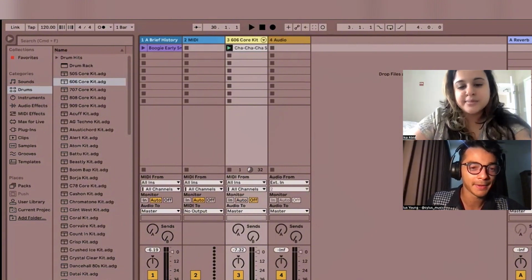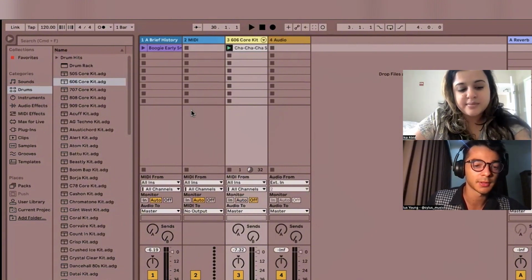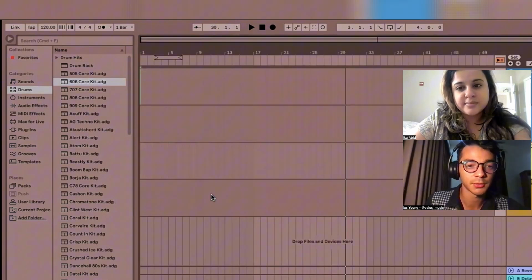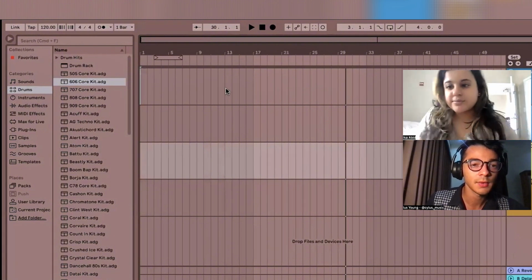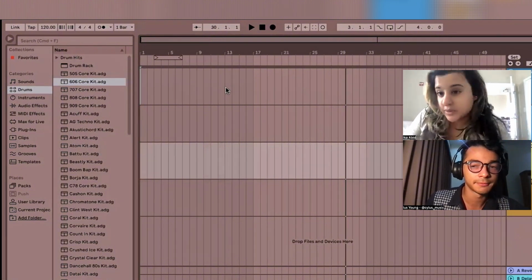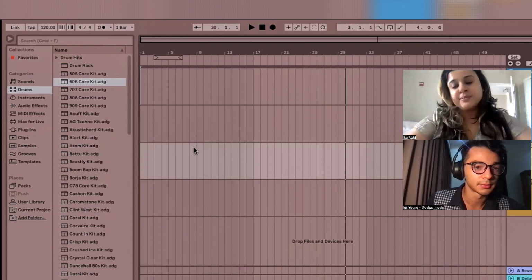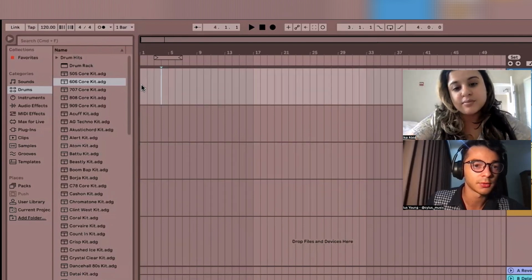But I never really use this view. I pretty much always use, especially when I'm producing, this arrangement view. Me too, at least for vocals. Yeah, and especially if you're tracking vocals. So over here,